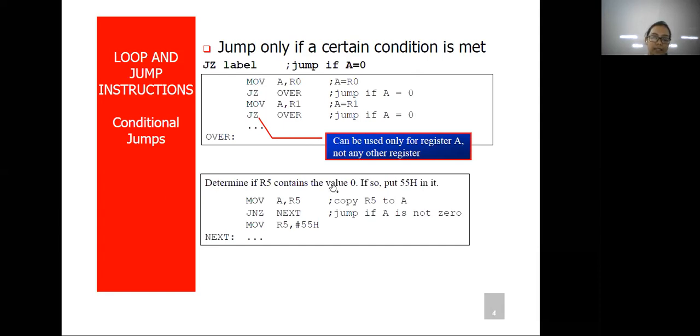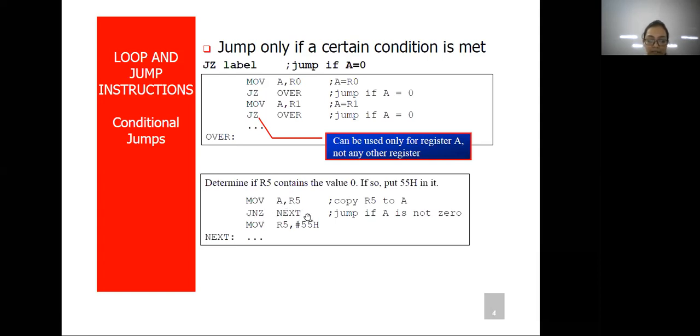Let's take the next example. Determine if R5 contains the value 0. If so, put 55H in it. First, we will load A with the value of R5. If R5 has the value 0, then we are moving it to the accumulator, so A has value 0.